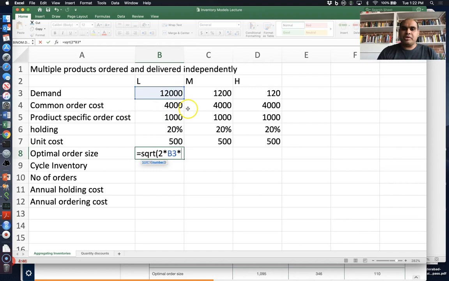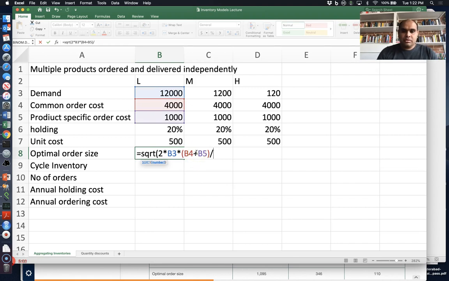Now, if you're ordering them separately, you have to pay the total ordering cost. You're not going to pay just the common ordering cost, you're also going to pay the product specific ordering cost. So in this case, that will be 4,000 plus 1,000, the total ordering cost. So 2 times D times S